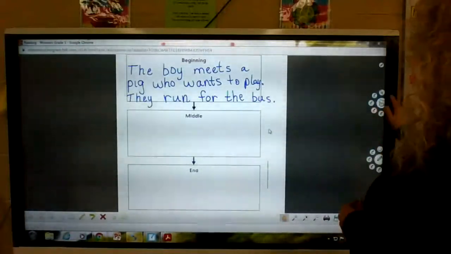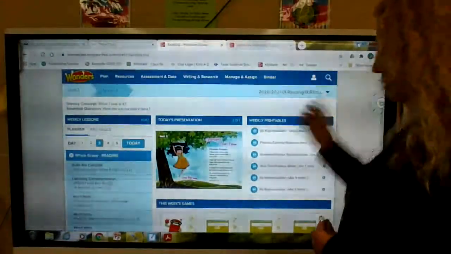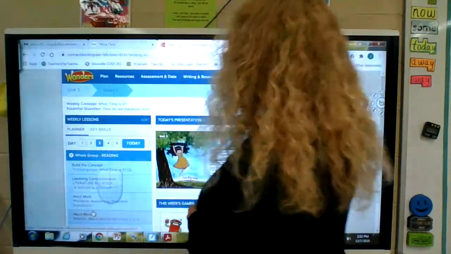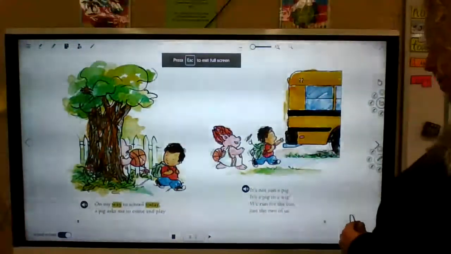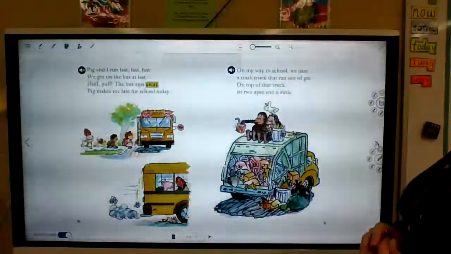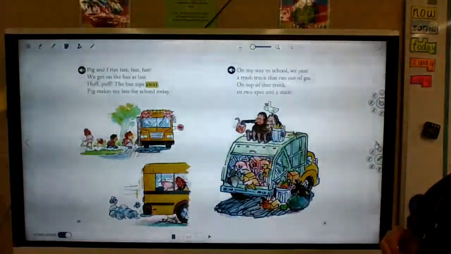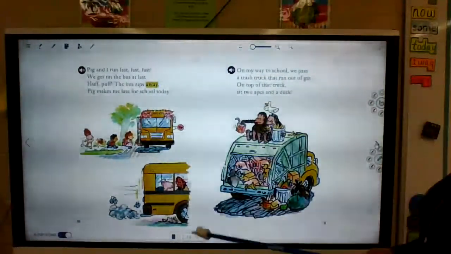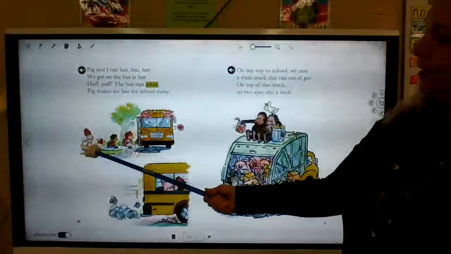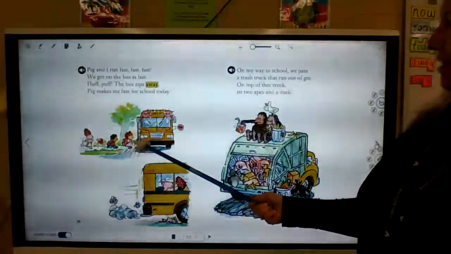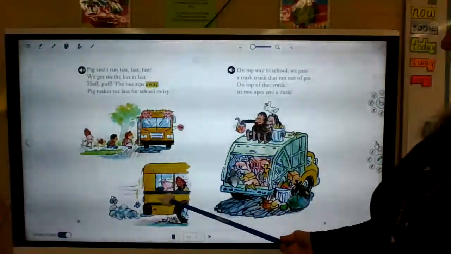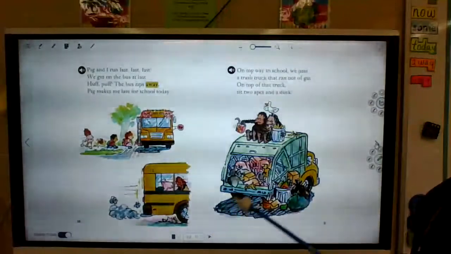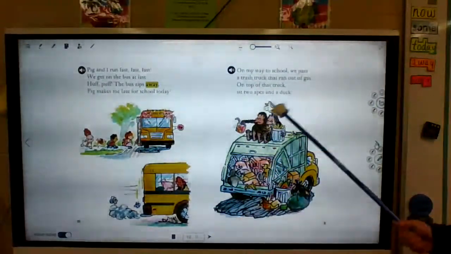Okay, so you're ready to go back to our story. If not, make sure you pause me. There it is. I did have it. Okay, kind of look at the pictures a minute because there's a lot going on. So when you're looking at this, do you think the pig's going to get on the bus? And then you see him here, he is. So he did get to go on the bus. Look at what he's doing with his wig. And then here's what they come upon next.